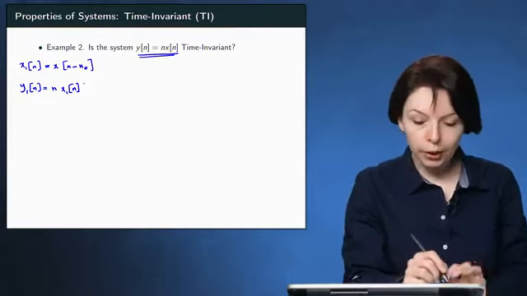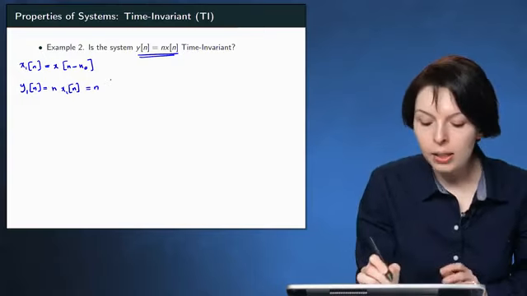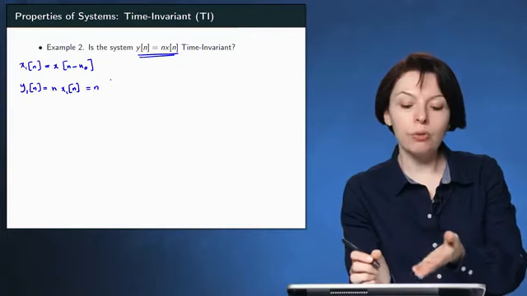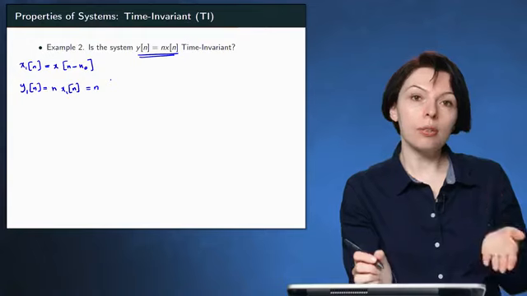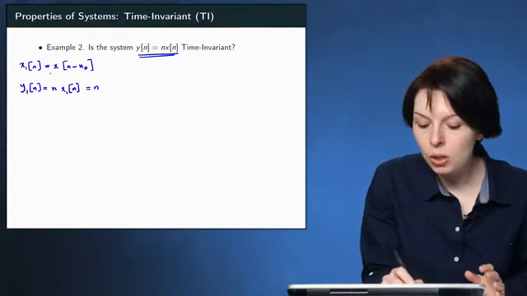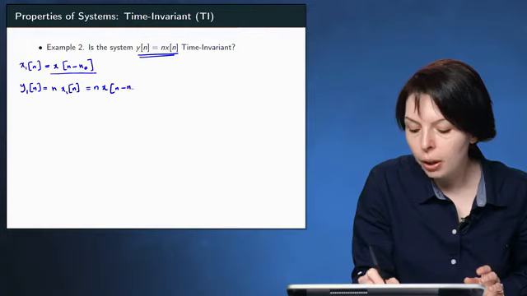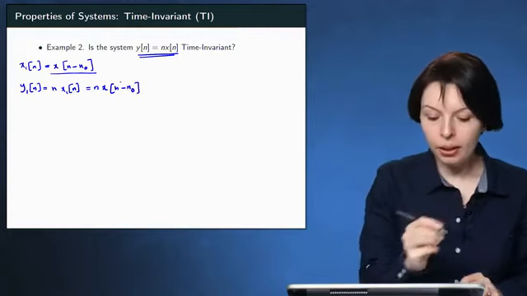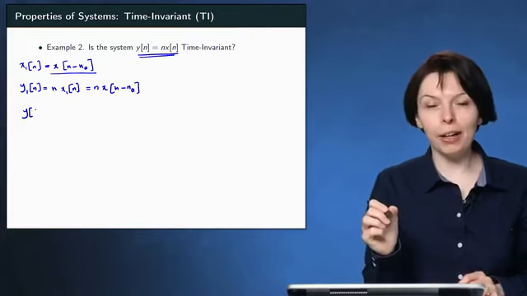That results in y1 of n. All right. So that is equal to, instead of x1 of n, I'm going to write the equivalent version that I have for x of n. So instead of x1 of n, I'm going to use x of n minus n naught. All right. And now I'm ready to move on to the next step, which is finding y of